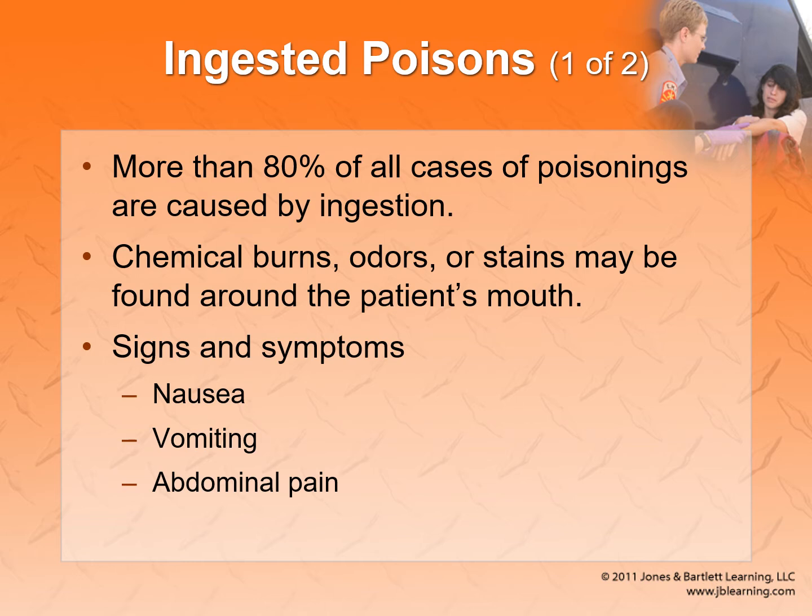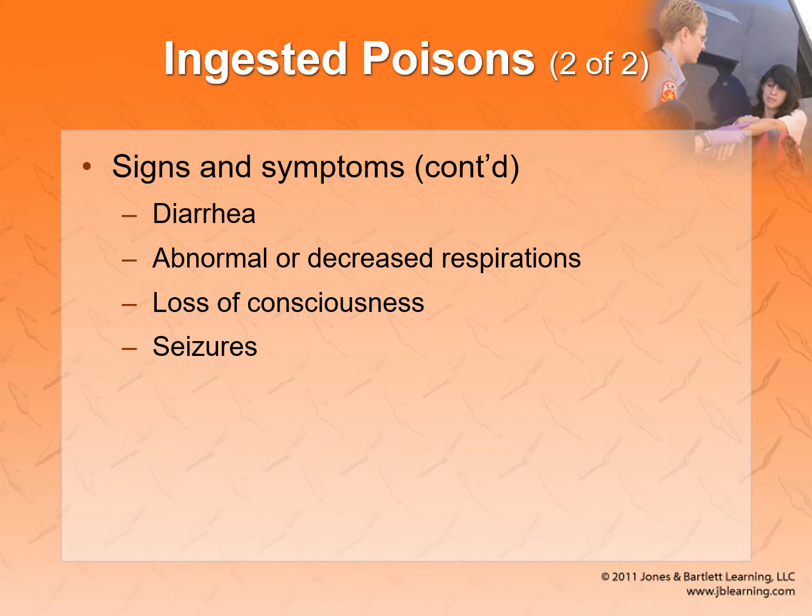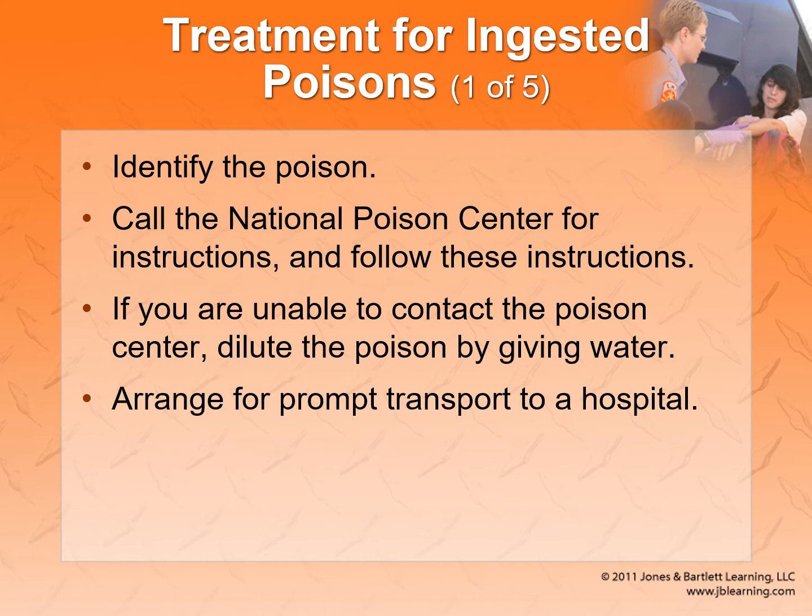Okay, but generally, nausea, vomiting, abdominal pain, that all kind of makes sense. Diarrhea, abnormal or decreased respirations, loss of consciousness, and seizures. So all of those things can happen from ingested poisons. So if there's no real explanation and a patient is having these things, you might want to ask about some of the things they ate. Best you can, identify the poison, which is tough depending on where the person is and what's going on, but if you can identify it, call it up to medical control or even the National Poison Center, and they'll help you out with the correct way to manage